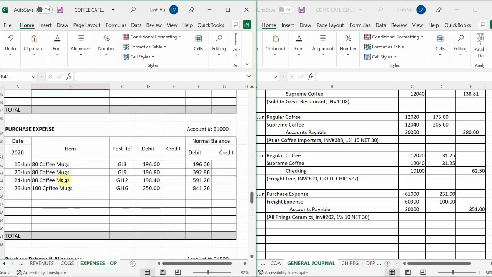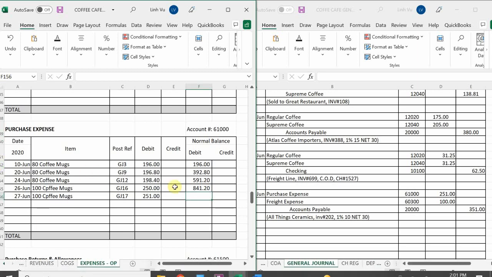So here's your purchase expense. About 100 coffee mugs for $251. So my total ending balance in my purchase expense account is